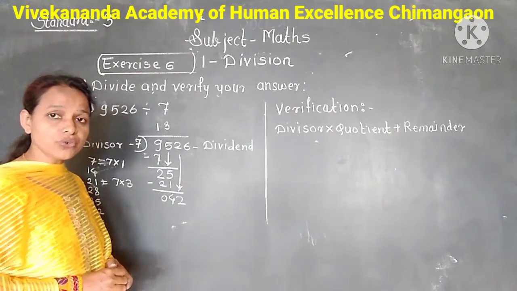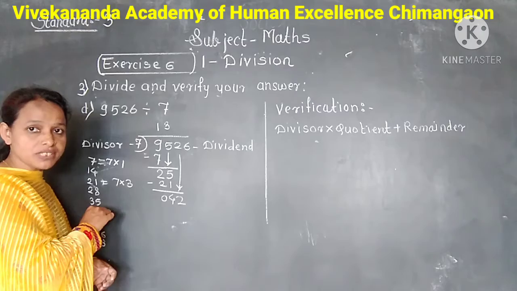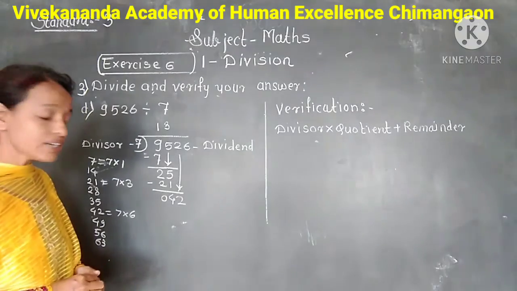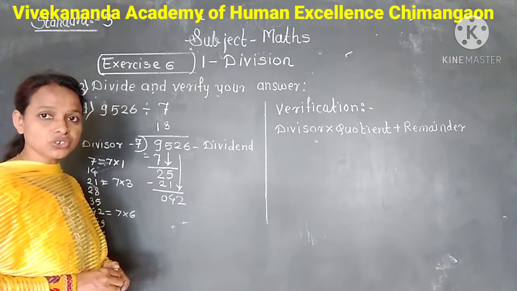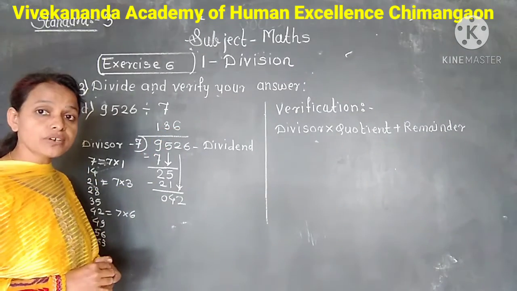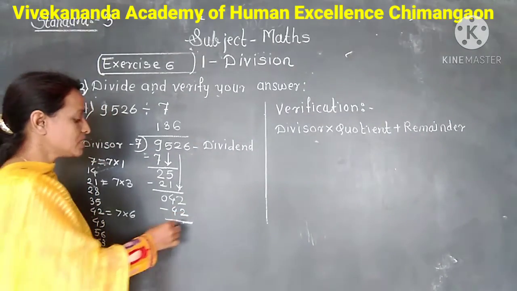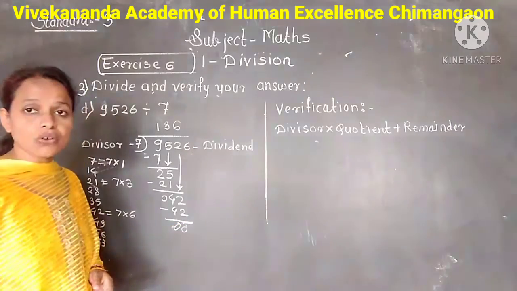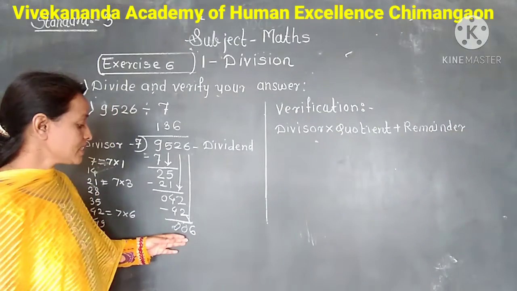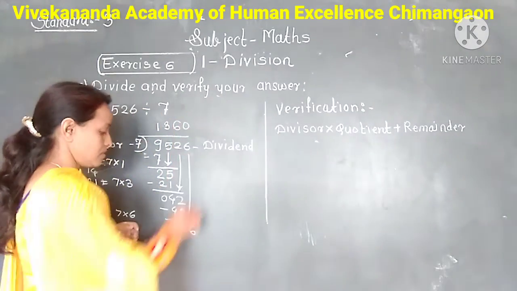Now we divide 42 by 7 and 42 comes 6th place in the multiplication table of 7. 7 6s are 42. So here we divide 42 by 7. It gives 6 as a quotient. So write 6 as a quotient in the tens place. And write the product 42 right below 42. And subtract, it gives 0. Now the next digit 6 we bring down. Here 6 is less than the divisor. So the quotient is 0. So write 0 in the ones place.